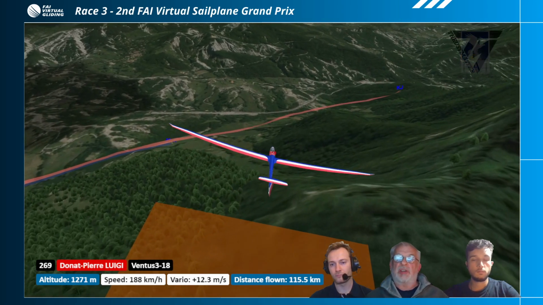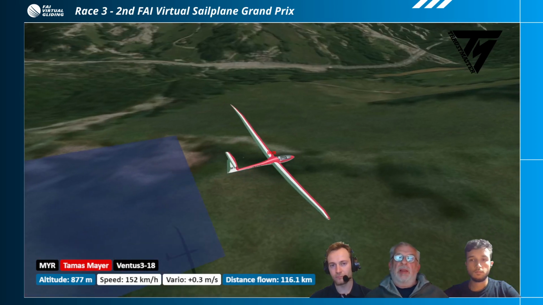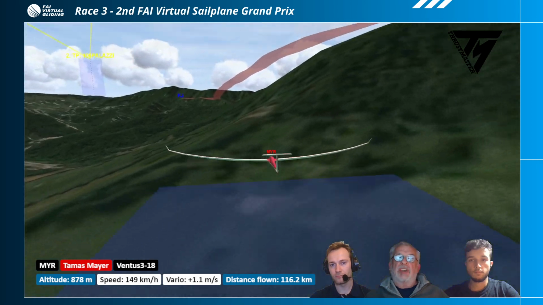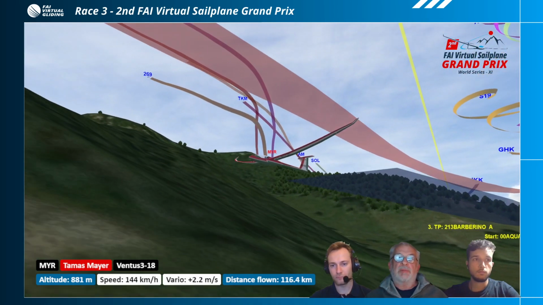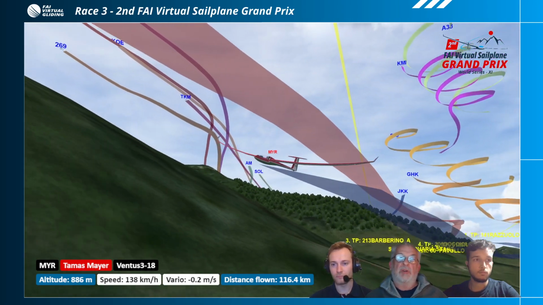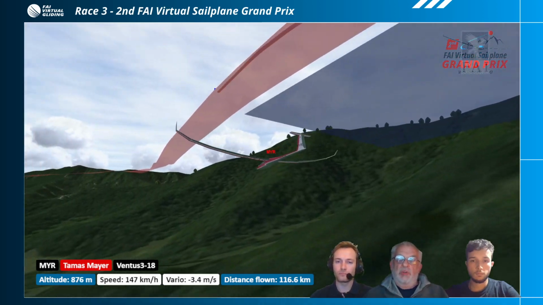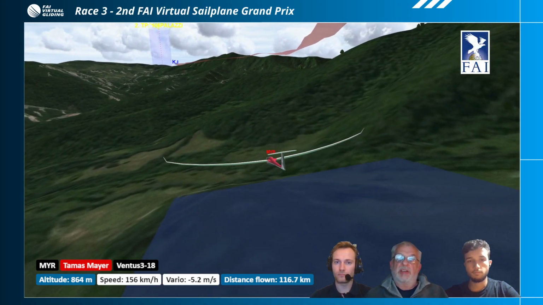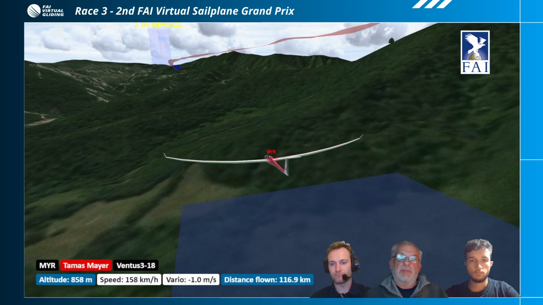So instead of 7 gliders, there's now 8. We've added the standard class ASW 28-15 into the base version of Condor 3 because the Genesis wasn't really very competitive in standard class, and so the Genesis has now been put into club class.